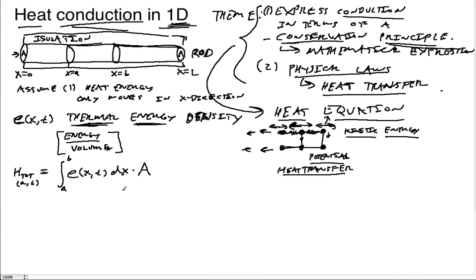And what we want to do now is talk about the ways in which energy can enter and leave this region, from here to here. So two things can happen. What we want to do now is express the dynamics of H tot, by which we mean the derivative of H tot over time. We know this has to be equal to one of two things that can create energy inside this region from A all the way to B. One thing is transfer of energy,